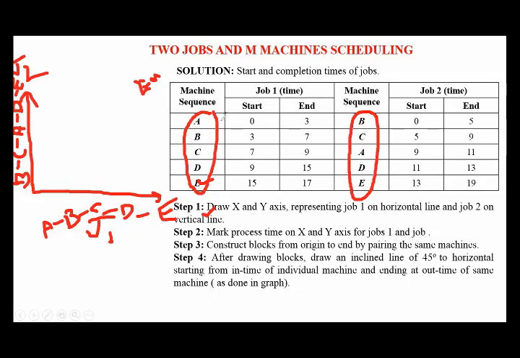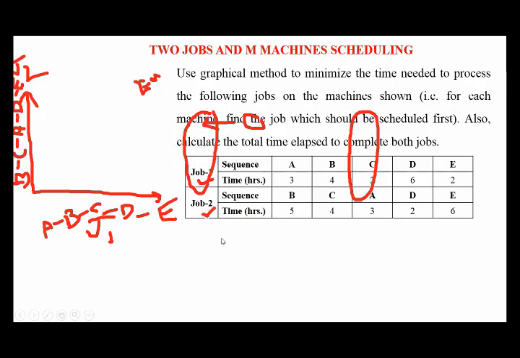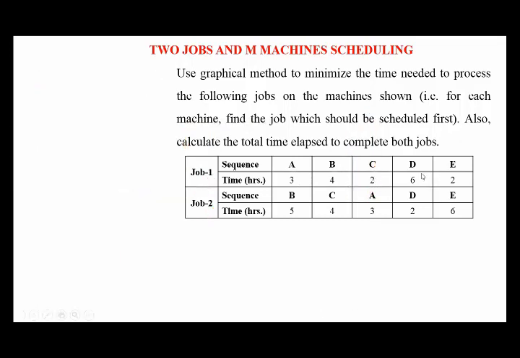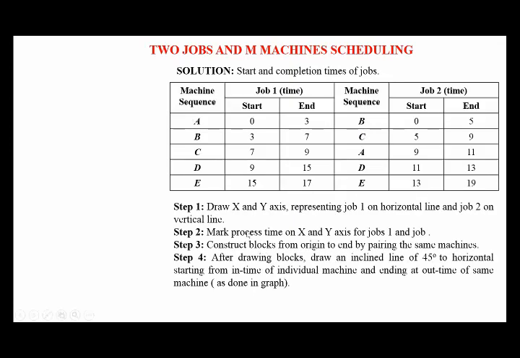Next, coming to job 1, at mission A, job 1 started at the 0th hour. So the same I wrote here. And coming to the end time, we are going to add the process times for these missions. Here they mentioned that at mission A, job 1 requires 3 hours process time. At mission B, job 1 requires 4 hours process time. Likewise, C 2 hours, D 6 hours, E 2 hours, like they mentioned. So the same we are going to add here.